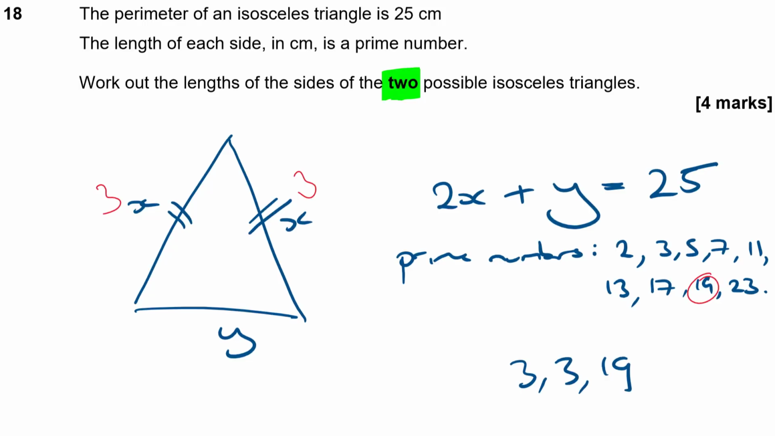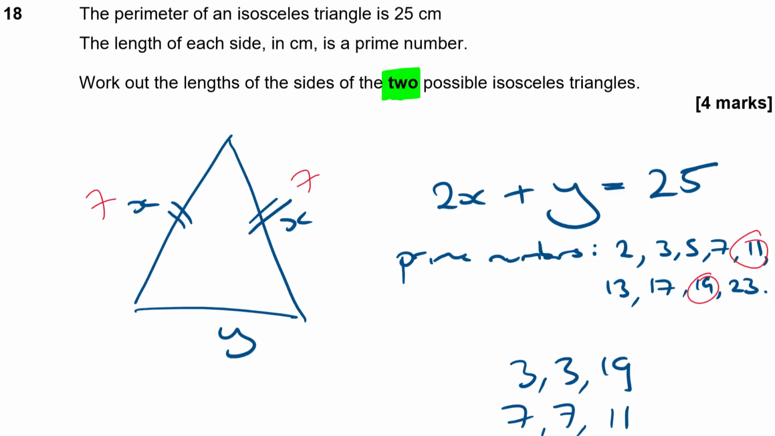Let's carry on. So next choice, let's make it 5 and 5. 5 and 5 makes 10. 10 taken away from 25 gives me 15. That's not a prime number, so that doesn't fit. So let's try the next prime number, which is 7. So 7 and 7 make 14. 14 taken away from 25 leaves me with 11, and 11 is on my list of primes. So that one does work. So 7, 7,